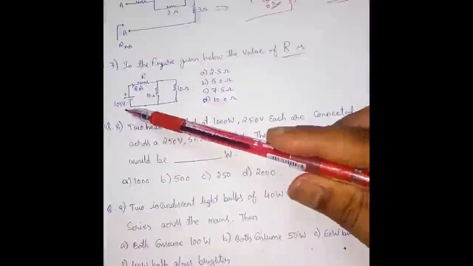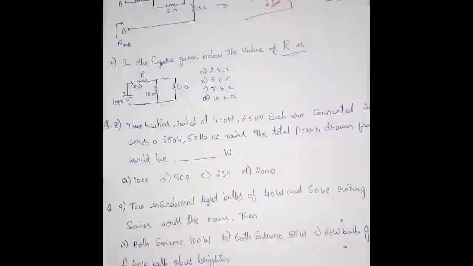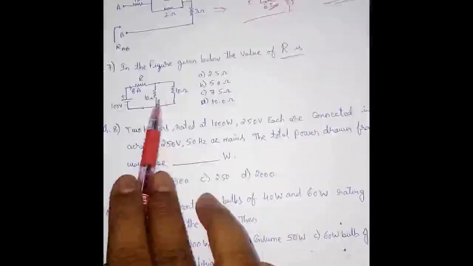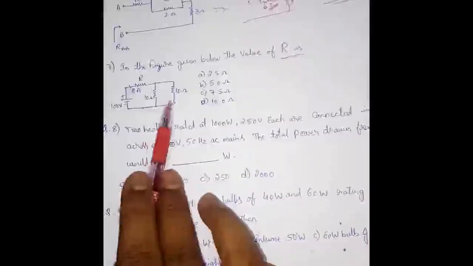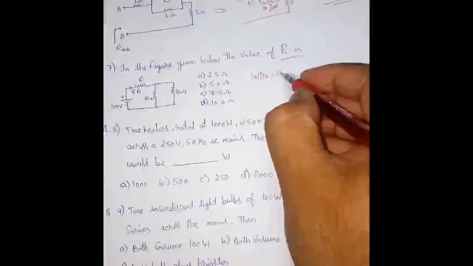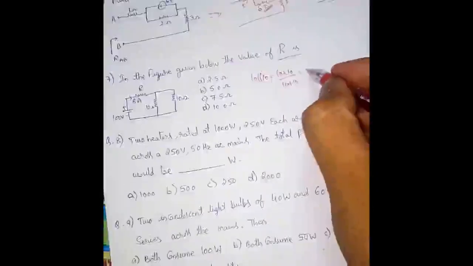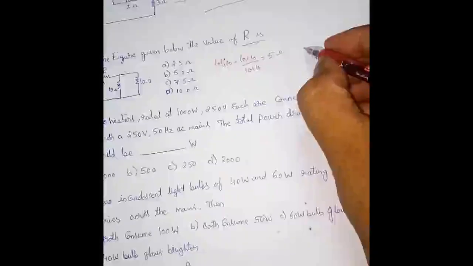Current is given, voltage is given, and these two parallel resistances are given together. So in order to make it simple, first I will simplify this. Simplify this means 10 parallel to 10 ohm resistance. Result will be 10 into 10 by 10 plus 10, so it is 100 by 20. The result will be 5 ohms. Therefore I can redraw the circuit now. The circuit will be represented like this.